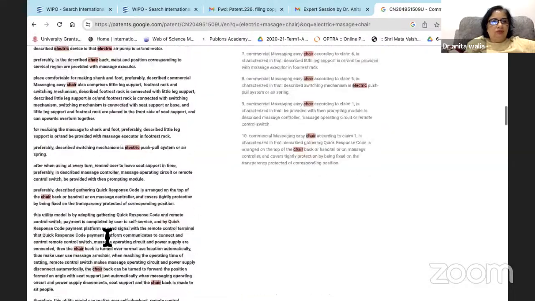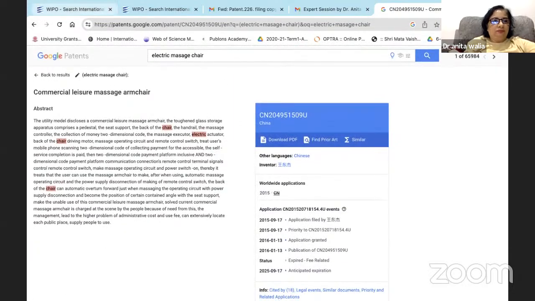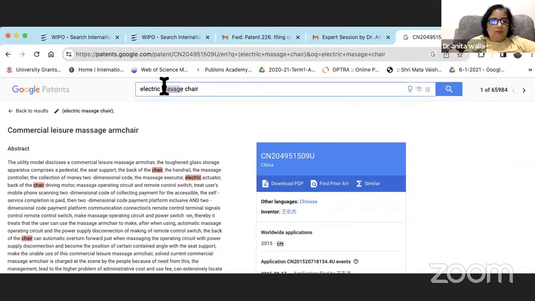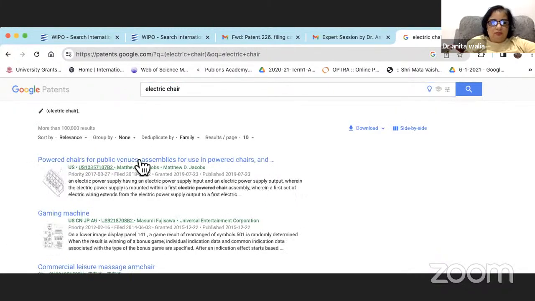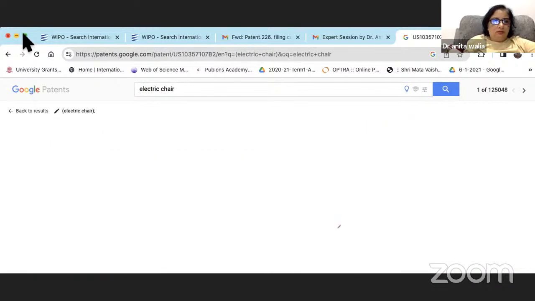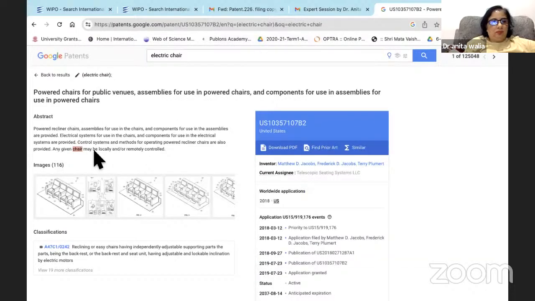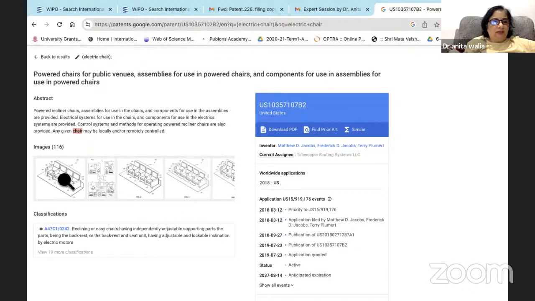Okay, I'll just show you a simple one. Now you can see here the abstract is there, the images are there.